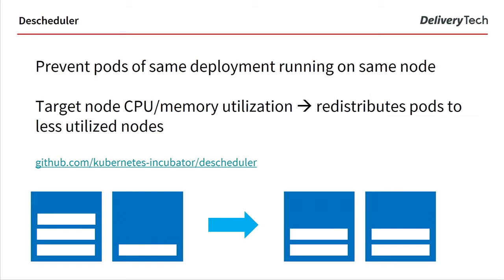So it prevents making sure that the scaled copies of that container run on the same node. It will also try to reduce the overall reserved or actually used CPU or memory usage on the nodes and make sure that they're more evenly spread out, which is a good thing in any case. The additional bonus to this being is, of course, then if one of those nodes go down, there's a lot